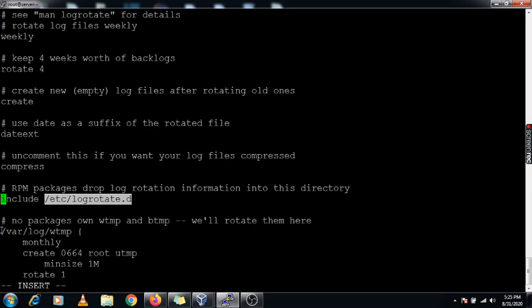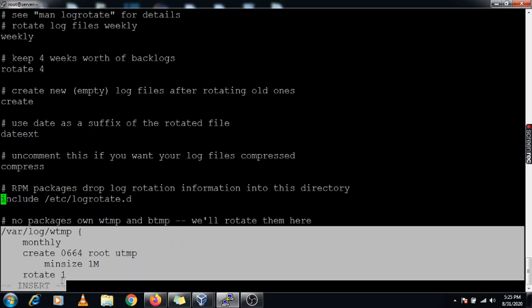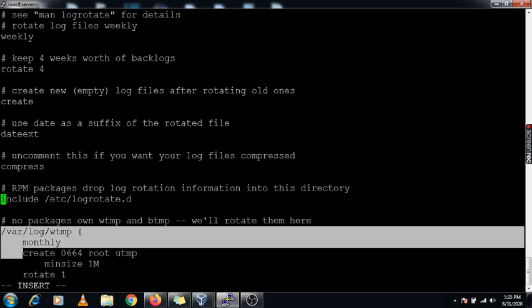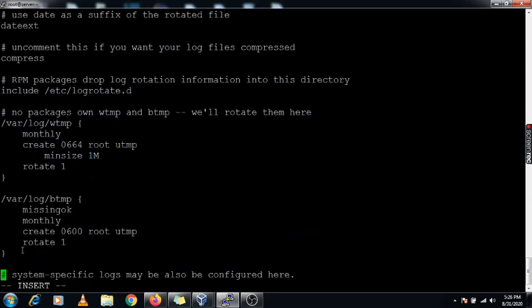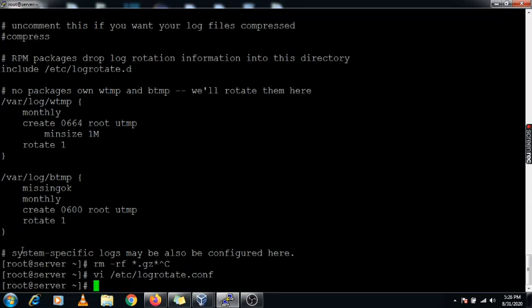There is the default entry which you have seen, that is /var/log/wtmp and btmp. So by default it is set for these two parameters, and now we are going to set it under /etc/logrotate.d.